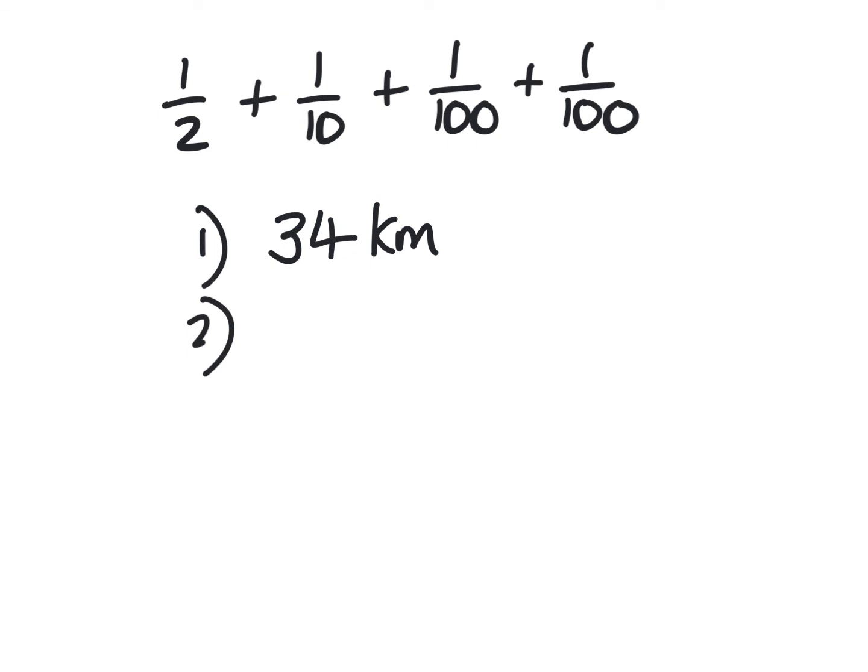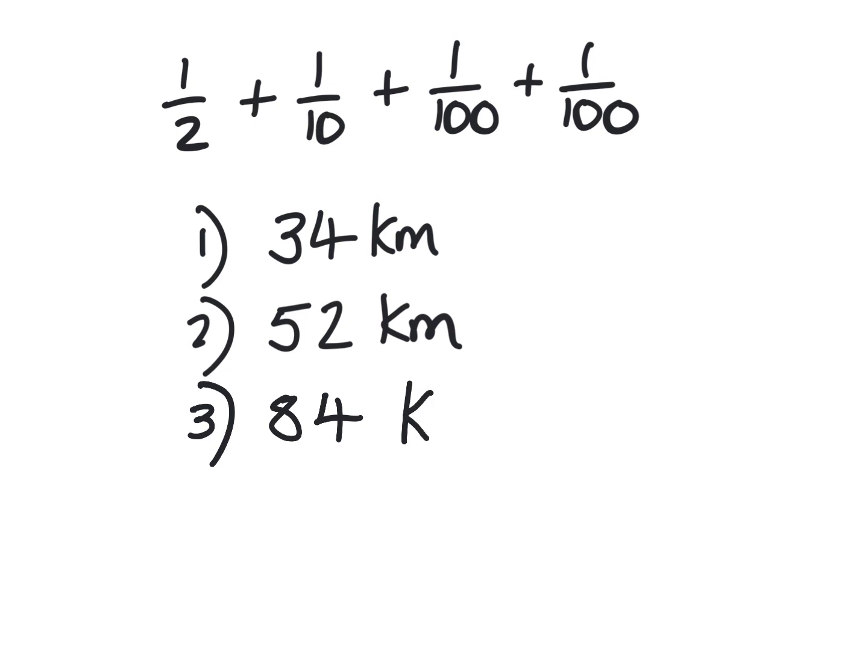Number 2, 52 kilometres. Did I do that one? Maybe I did that one. Let me check. No, I didn't. I did 42, so that's fine. 34, 52, let's go